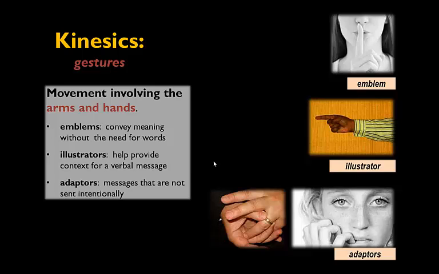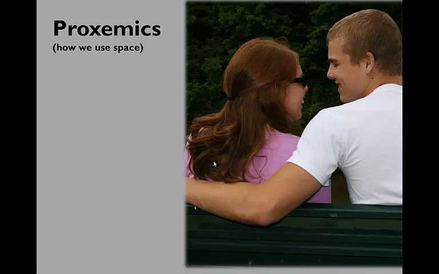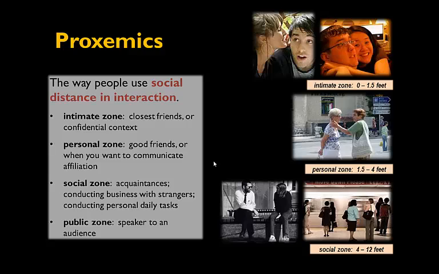Okay, let's move on from kinesics and talk about the second category, which is proxemics, or the way that we use space. And we're talking about space in our interaction with one another. And this is, again, very culture bound, and what you've got in your textbook is Edward Hall's proxemic zones, and these only make sense in an American or North American context. And so he's got 4 zones, and these are generalizations. Obviously, you can cross into any of these zones with different meaning, but in general,